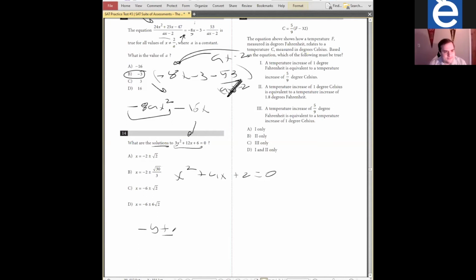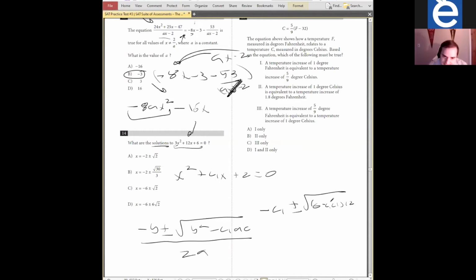Negative b plus or minus the square root of b squared minus 4ac, the whole thing over 2a, right? So negative b, negative 4, plus or minus the square root of b squared, 16, minus 4 times a, so 4 times 1 times 2, so 16 minus 8, the whole thing over 2, negative 4 over 2 plus or minus root